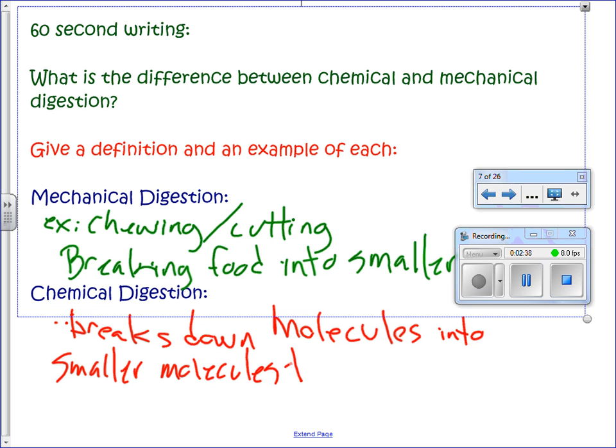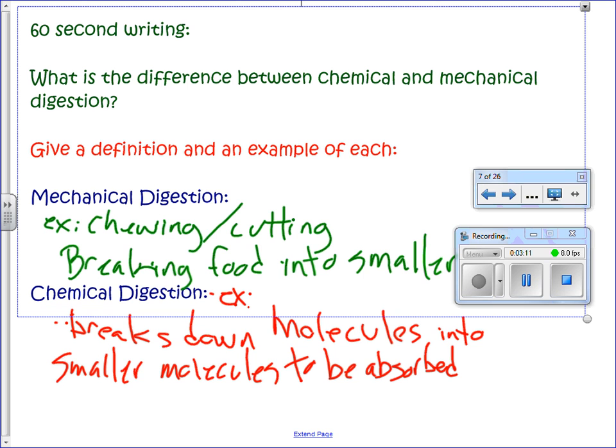to be absorbed. Remember way back in the fall when we talked about how things get in and out of cells? How do things get in and out of cells? Waste and supplies, how do they get in and out of cells? Right, so there's little doorways that carry stuff in and out, or diffusion. So the molecules have to be small in order to get in and out of cells. Okay, so there's a chemical change. Oh, where does chemical digestion happen? In the stomach. Okay,